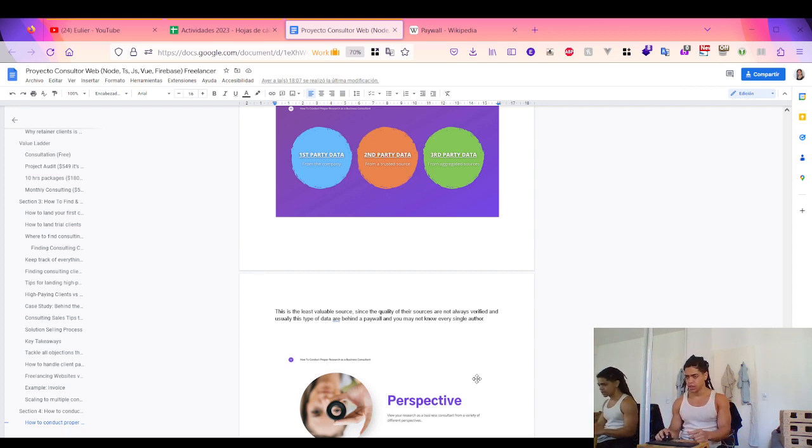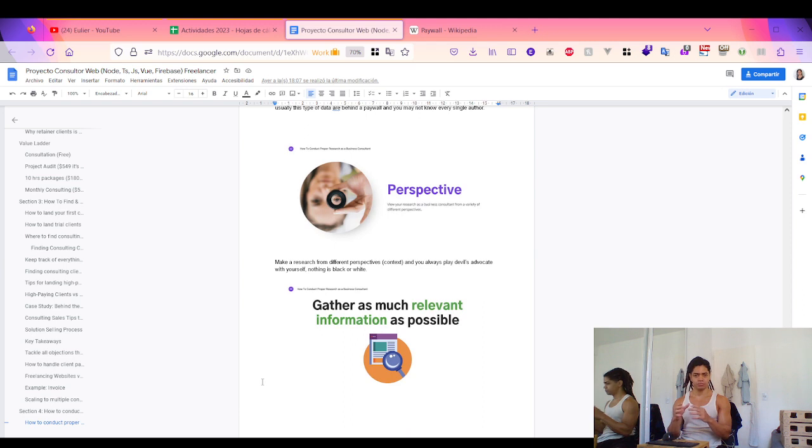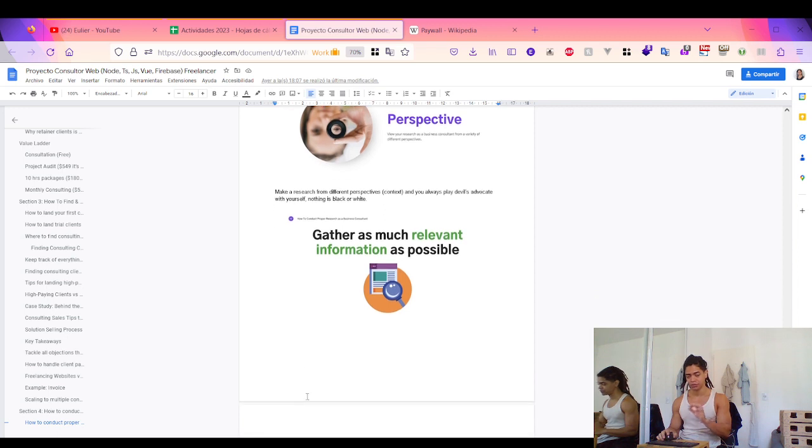Okay, cool. The other is, well, play devil's advocate by looking at the data from different perspectives. Gather as much relevant information as possible, specifically for that consulting problem.